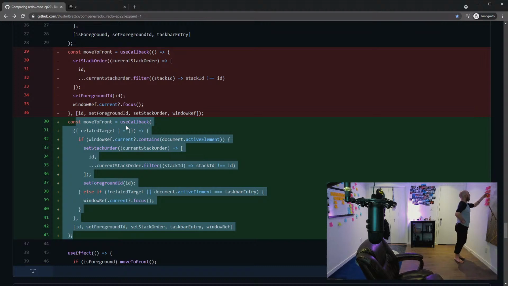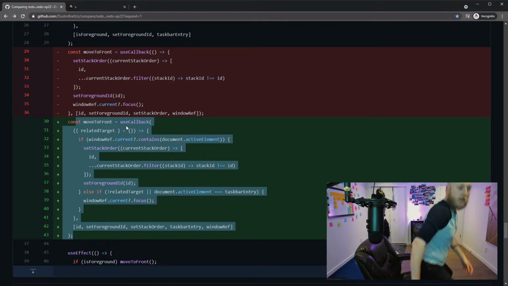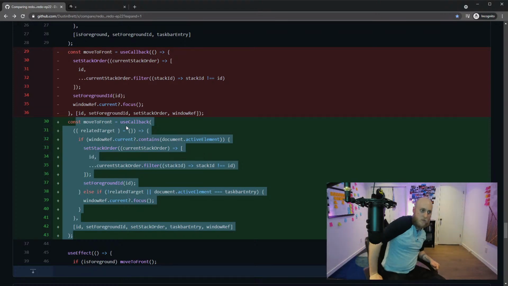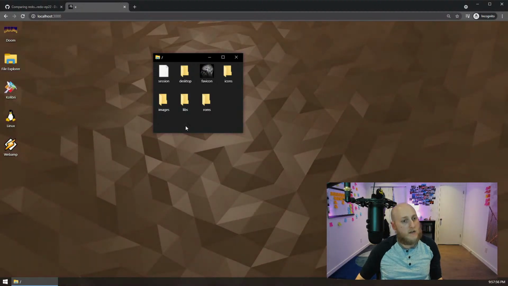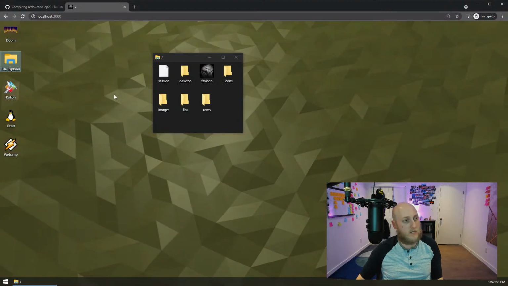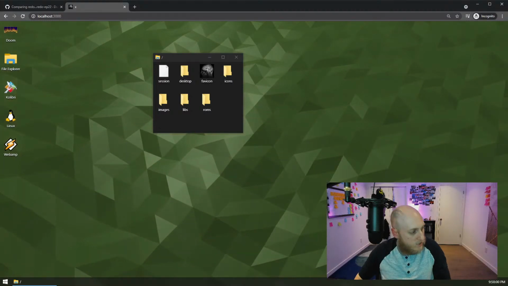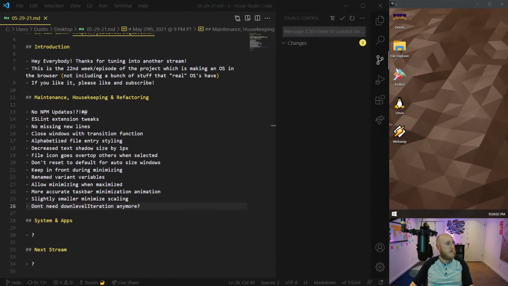Can't minimize, no. Animation sometimes goes too high. Restore for maximized. I don't know if it's any of these. Oh, maybe this is the focus thing. That's what this is, yeah. If you guys remember earlier, I explained how my icons, if I click the icon here, it's not focusing like how it focuses here. That's, I think, what this code is. So let's dig into it.